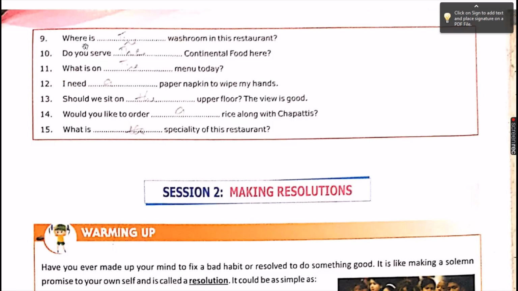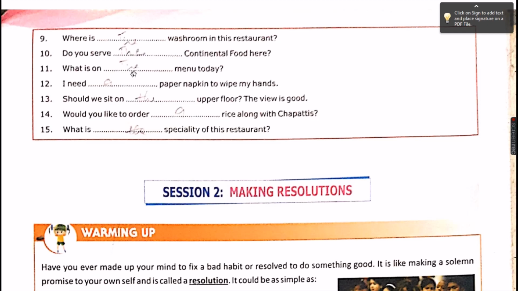And see ninth number, where is the washroom in this restaurant? Here we should use the. Thereafter, do you serve continental food here? What is the menu today? What is on the menu today? We have to fill the here. The next one, I need a paper napkin to wipe my hands.